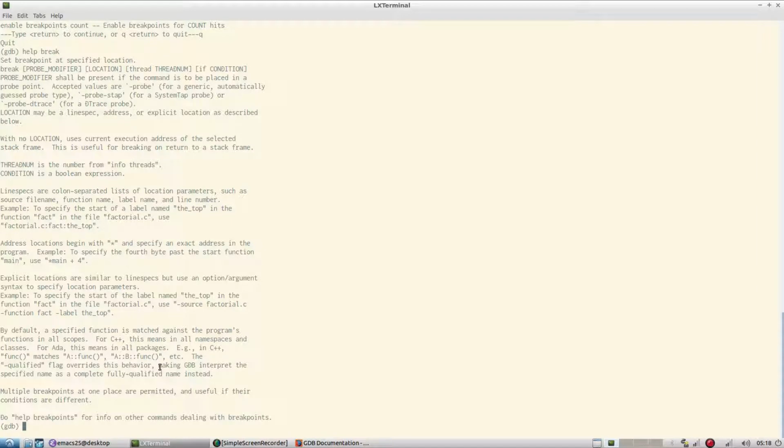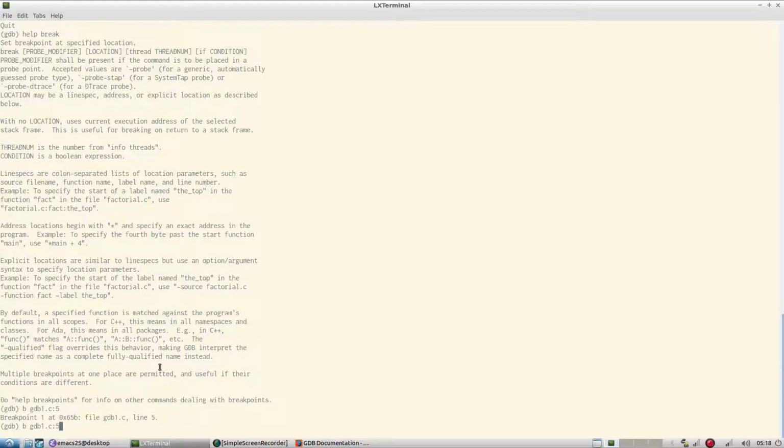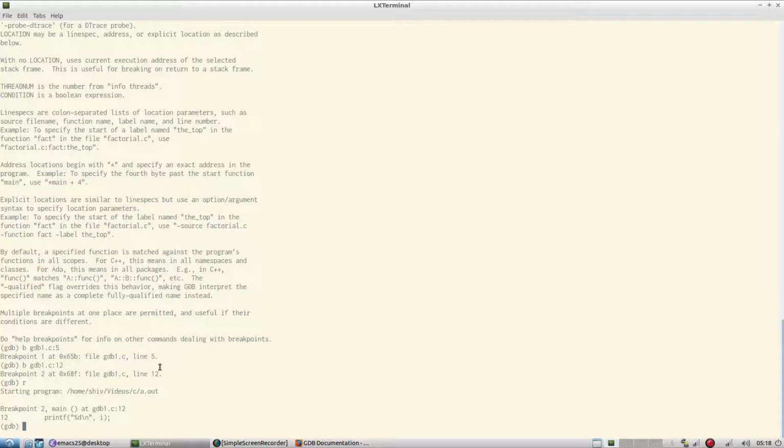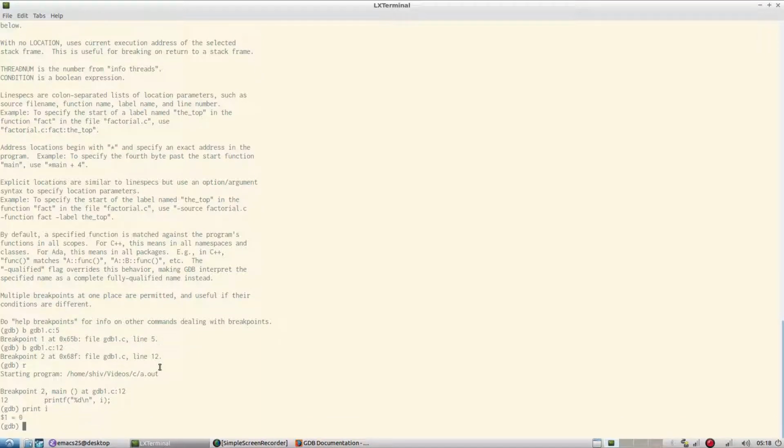We will start the debugging of this program. The file name is gdb1.c, colon 5, and we'll apply a breakpoint at line number 12. Now say run, the shortcut is r, and b is the shortcut for breakpoint. Say run. So it has hit the breakpoint at main because execution starts in main. Now we want to see the value of i, then we say print i, and if you want to apply a watch point,